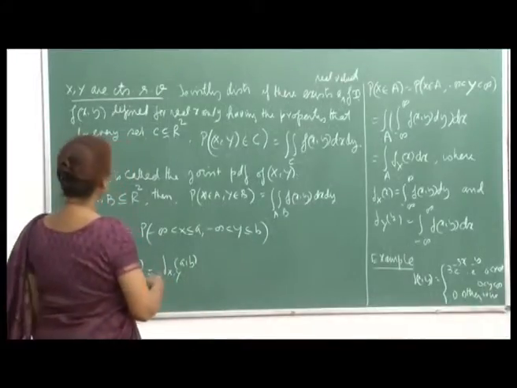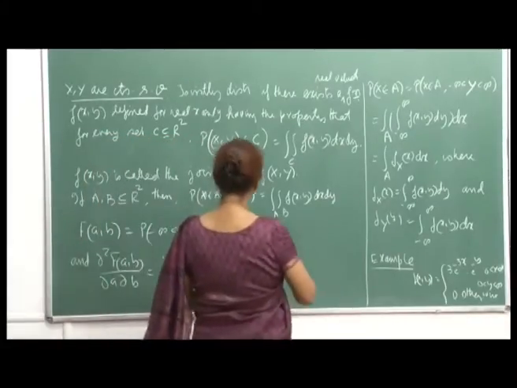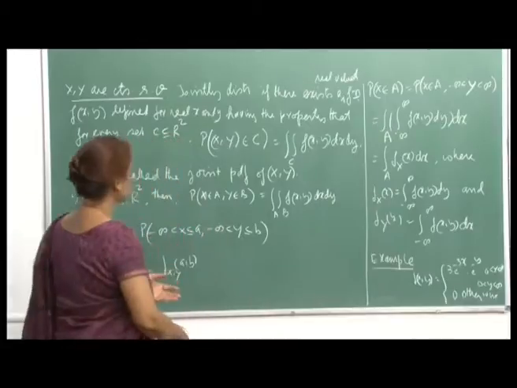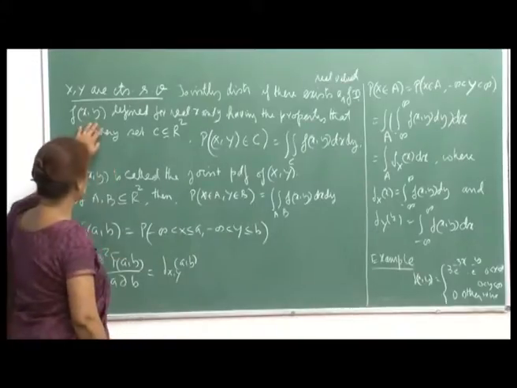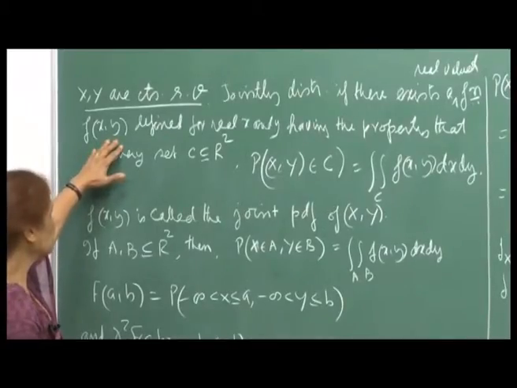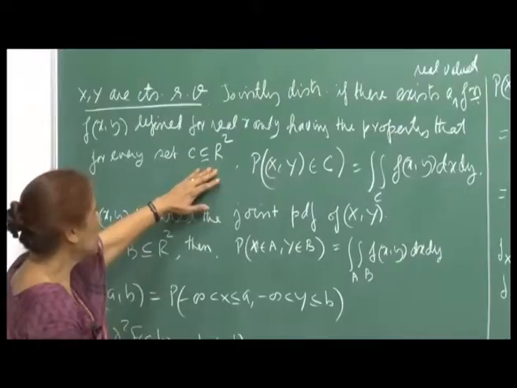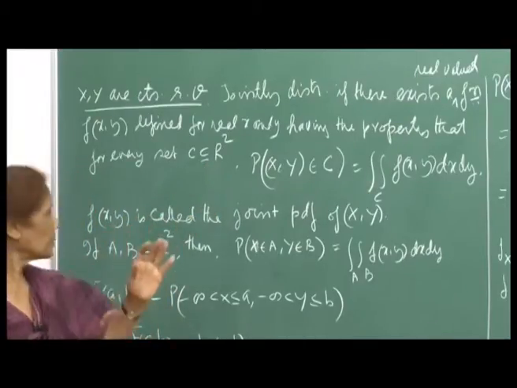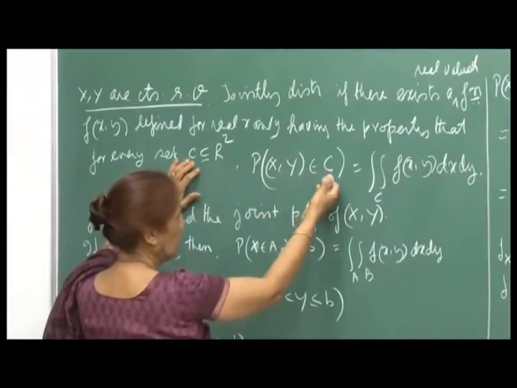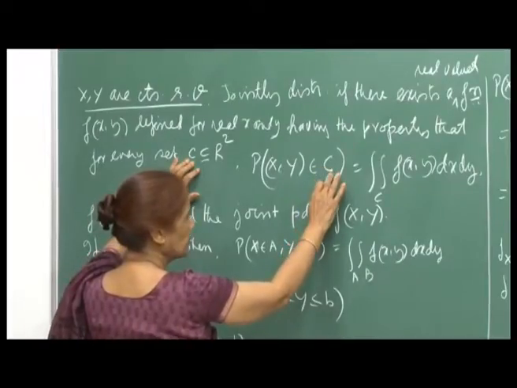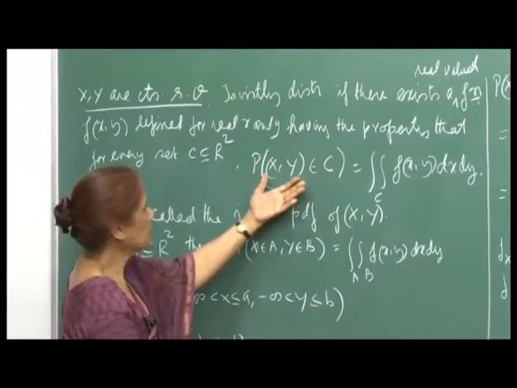So, let us continue with the jointly distributed random variables. Suppose x and y are continuous. So, I will now define this through your joint PDF. We are saying that there exists a real valued function f(x, y), defined for real x and y, having the property that for every set C, a subset of R 2, that means all pairs of values which are there in C, then (x, y) belonging to C, that means the convention is that this is a pair of coordinates, where the first value is for x and the second value is for y. So, the probability that (x, y) belongs to C